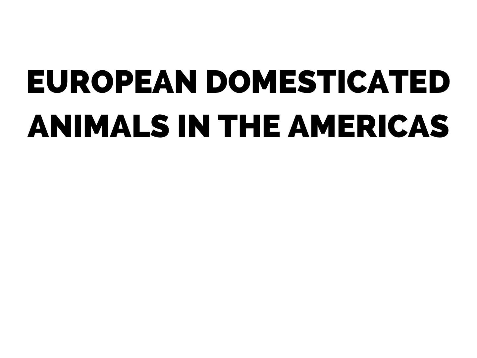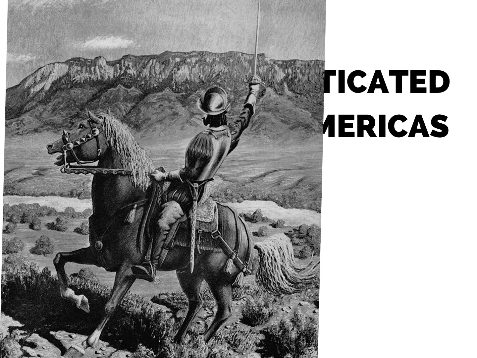We should talk about the fact that European domesticated animals are making a big splash in the Americas. Obviously, Hernan Cortez and Francisco Pizarro are two main conquistadors of the Aztecs and the Incas, respectively. Their soldiers are on horses. Imagine never seeing a horse before, right? Imagine the largest kind of four-legged animal that you've seen is a deer. And then you see a man on a horse, like this is impressive. So it's kind of throwing the Amerindians for a loop.